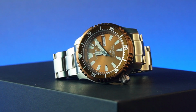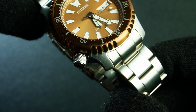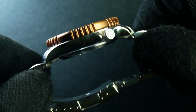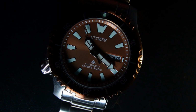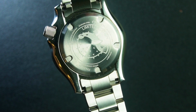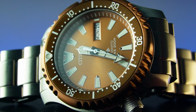In conclusion, this limited edition Citizen ProMaster 200-meter mechanical diver Fugu has impressed me with its design elements. It's not a random design, but one inspired by the wild of the ocean. It's not just about the looks, but also about the sturdy build that can handle harsh environments. Let's call it the premium daily beater, but if I were you, I would make this an occasional wear and treat it as a collector's item, as this is limited to 2,000 pieces worldwide and was launched to commemorate ProMaster's